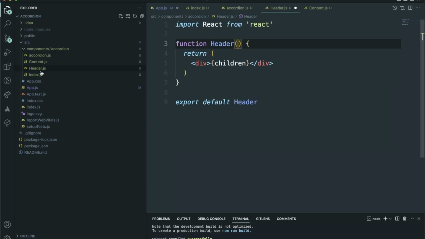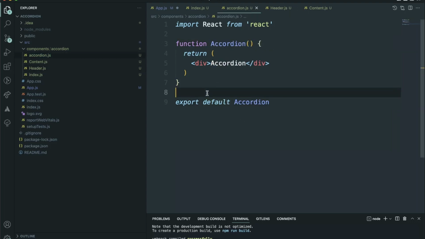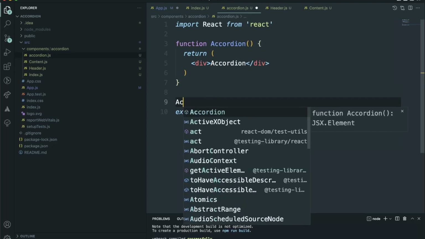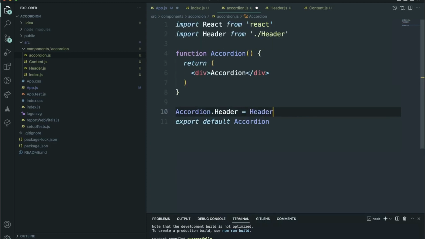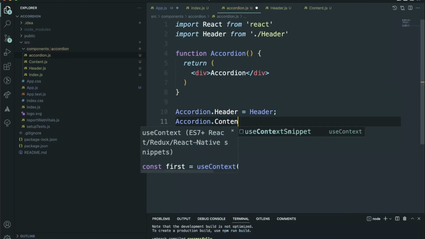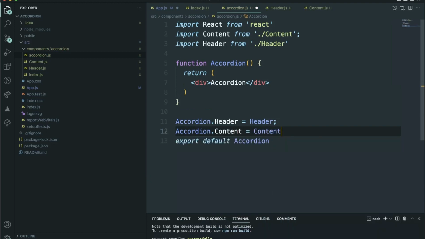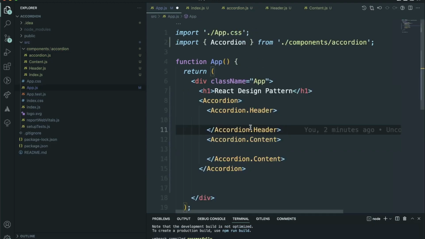And yeah, so let's just see. And if we just save it inside the accordion, here how we are going to export it is Accordion.Header, and we're just going to have header. Similarly Accordion.Content, it's going to have content. Great. So this is how this is going to look. Inside the app